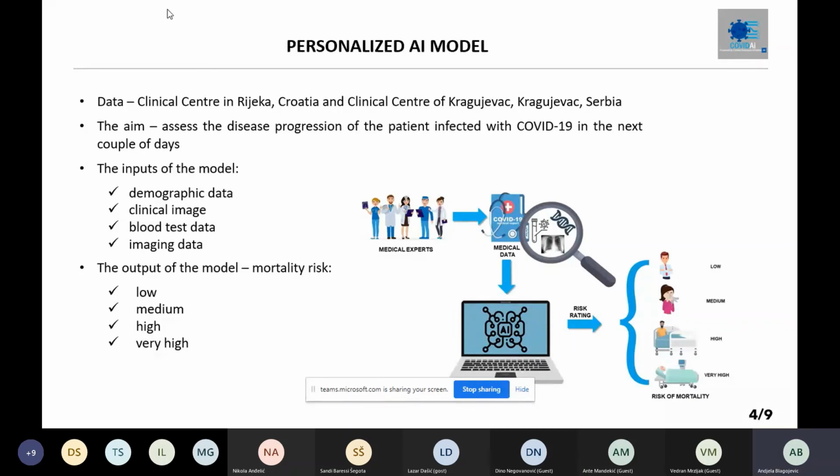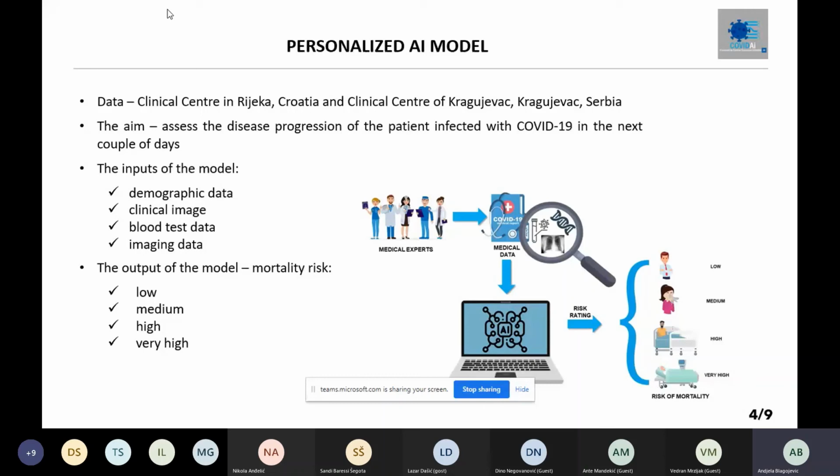Data was collected in the clinical center in Rijeka and in the clinical center of Kragujevac. So we were collaborating with doctors who collected the data for our personalized model. The goal of this model is to predict disease progression of the patient with COVID-19 in advance. So the inputs of the model